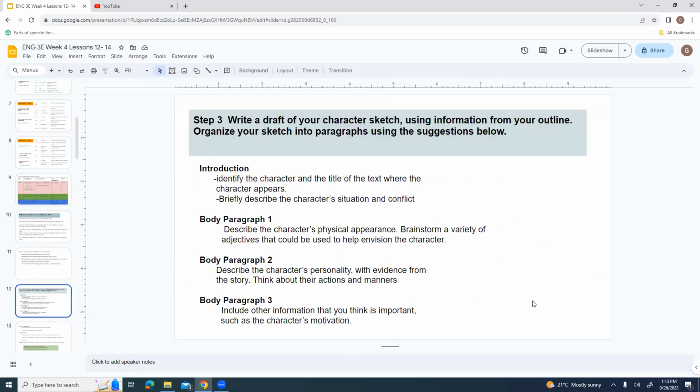Okay. So here is how to write a draft of your character sketch using information from your outline. Organize your sketch into paragraphs using the suggestions below. So here you'd have an introductory paragraph where you identify the character, the title of the text where the character appears, and briefly describe the character's situation and conflict.